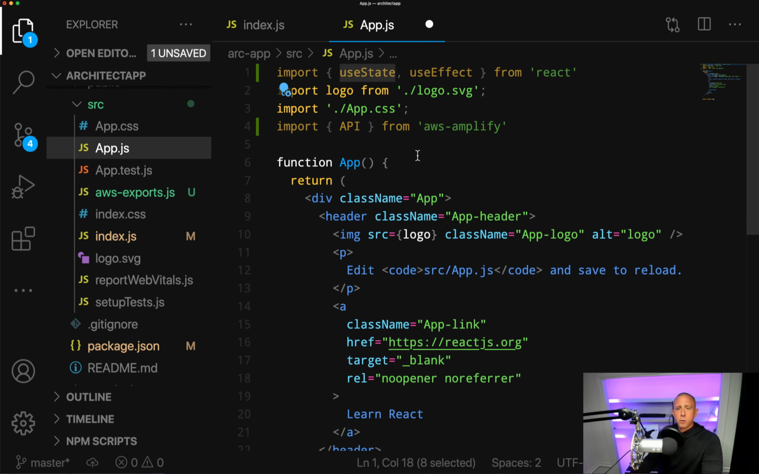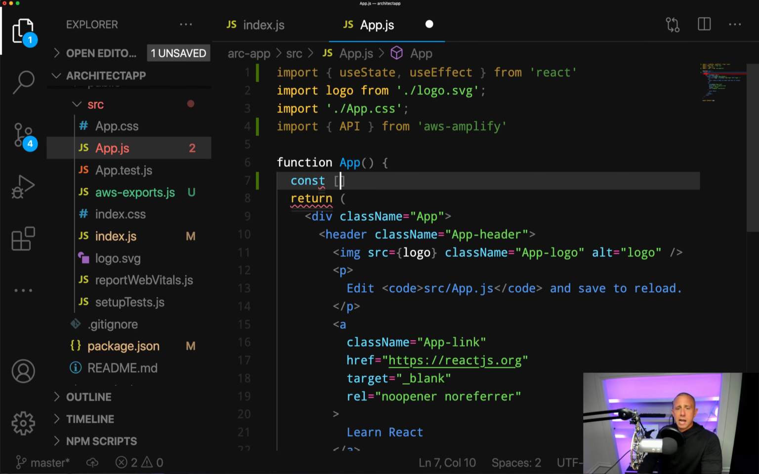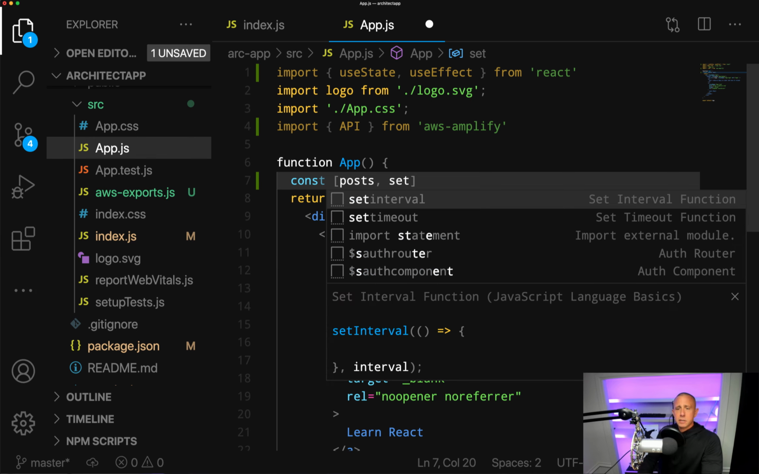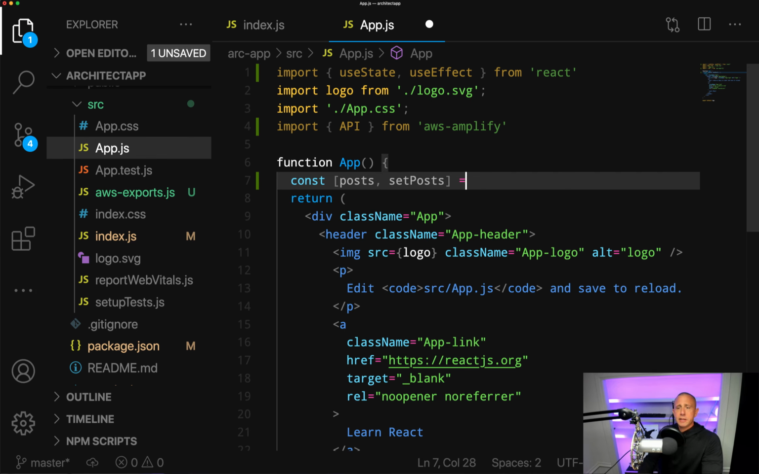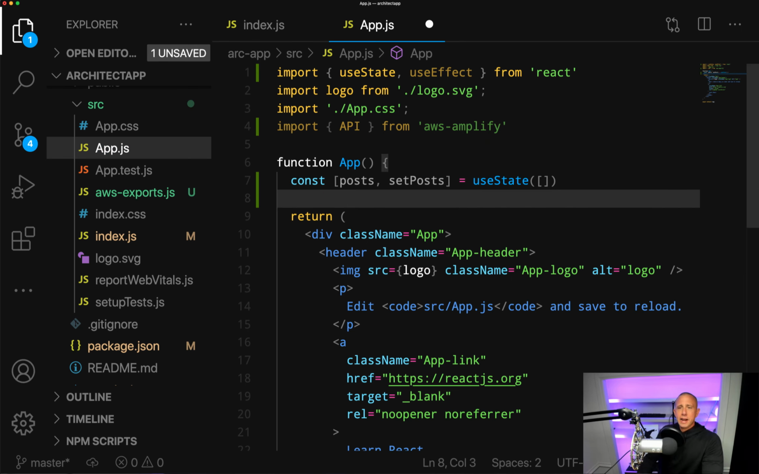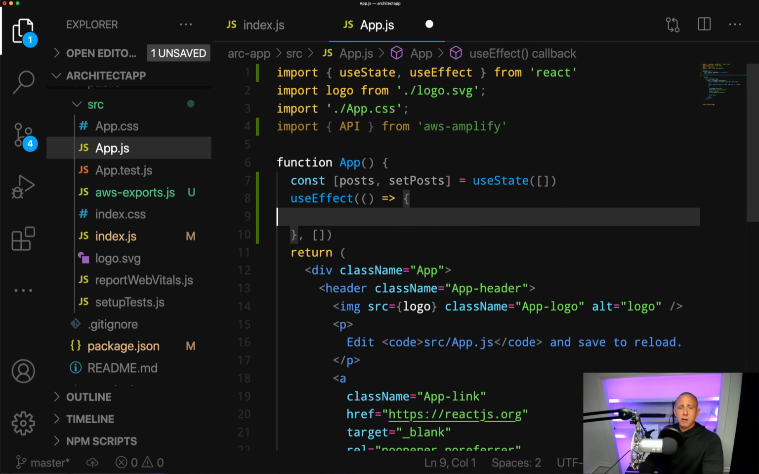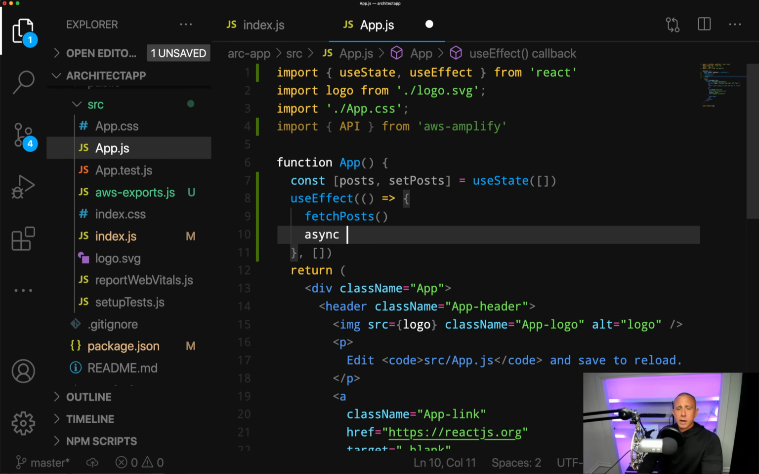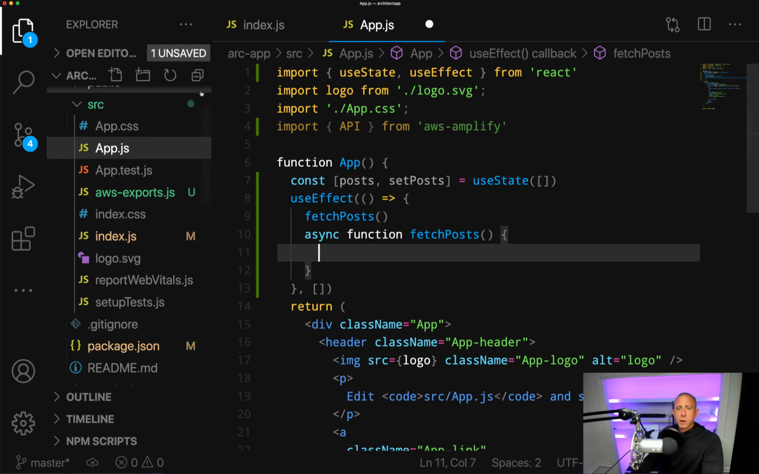And then I will create some state here. So we'll have like a posts, setPosts. And this will be equal to useState with an empty array. And then I will say useEffect. And then we're going to have a function called fetchPosts that we'll go ahead and create here. And then what we're going to do is we're going to call